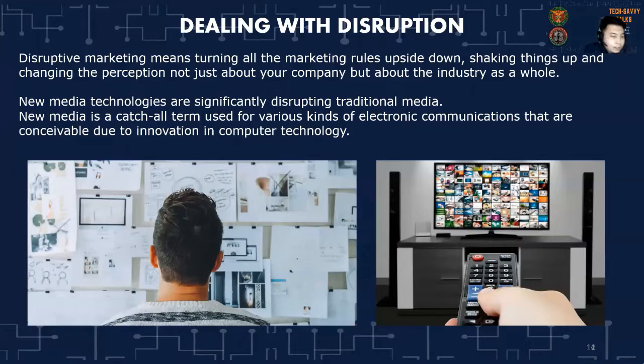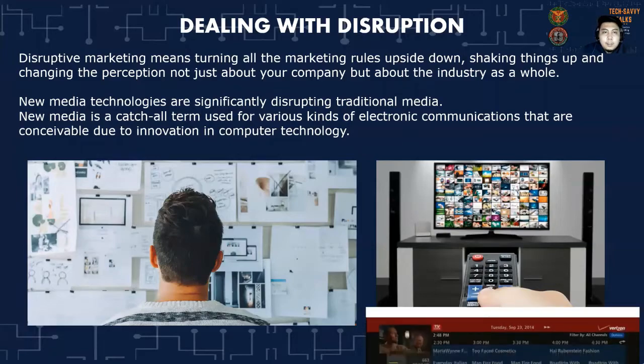Naglagay sila ng mga script and yung tinatawag ng interactive tags sa mga gilid ng television. So, yun yung naging solution. So, meron din si Google na inintroduce na solution on dealing with disruption, and para siyang